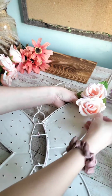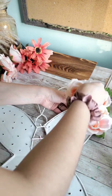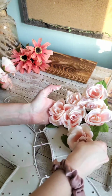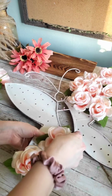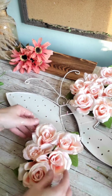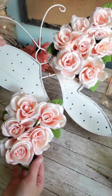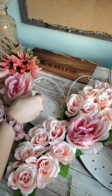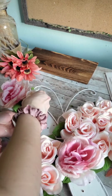So originally I wanted to cover this completely in these soft pink roses, but I did run out about halfway through, so I had to find another flower that I already had that mixed in with this and didn't throw off the look too much. But this type of project would be really cute with any type of flowers and any type of shape as well. You don't necessarily need the wireframe to go off of. You could just cut the shape out of cardboard